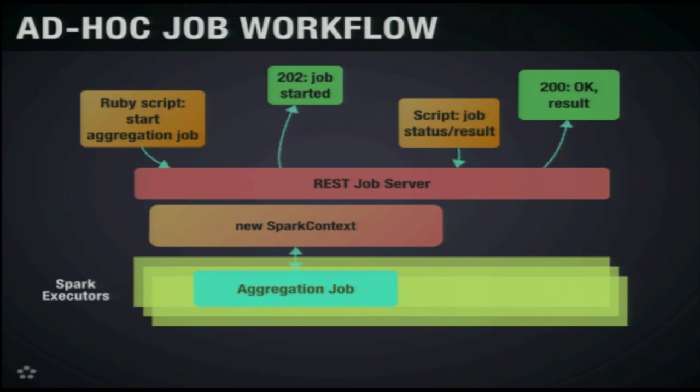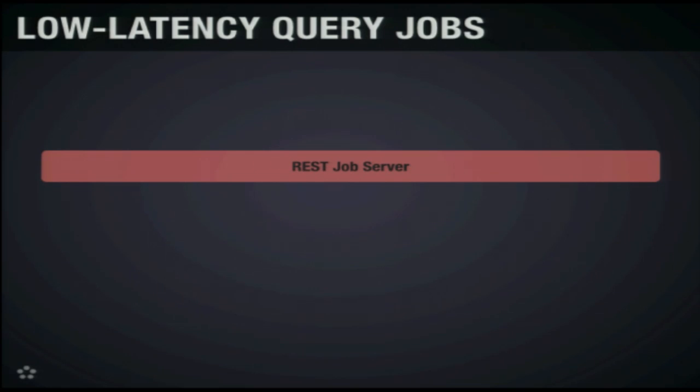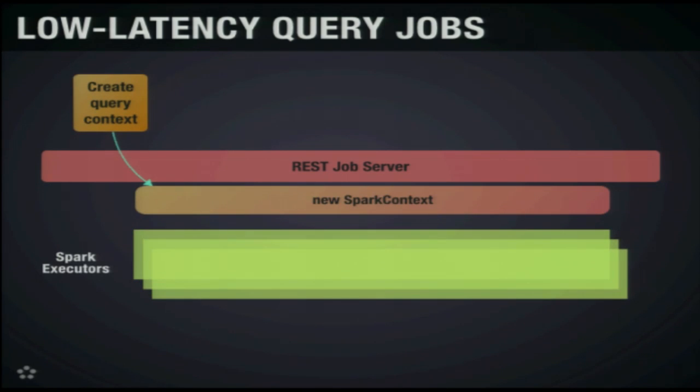Another scenario is that you want to run, let's say, low-latency queries on data that's cached in a Spark context. So this workflow is quite different, and the job server supports this really well as well. But what we do first is that you submit a REST query to create a, I said query context, but it's really a Spark context. So basically, I say I want a new Spark context. For standalone, for example, you say I want this many CPU cores and this much memory per node. And so that's created, but nothing's running in it yet.